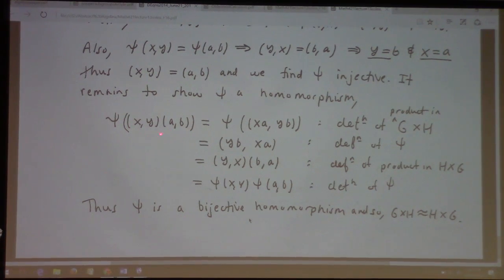So here's the product, but this product is that, right? Direct product, you multiply component-wise. Then the definition of the switcheroo map is to switch. We switched them. And then I'm unproducting by the definition of the product in H cross G. Here I use the product of G cross H. And then, of course, that's psi of xy and the switcheroo of AB. So there you go. Psi is a bijective homomorphism, and that shows that G cross H is isomorphic to H cross